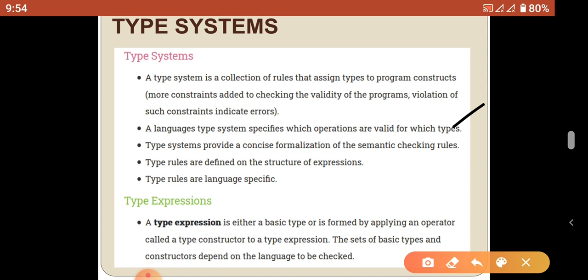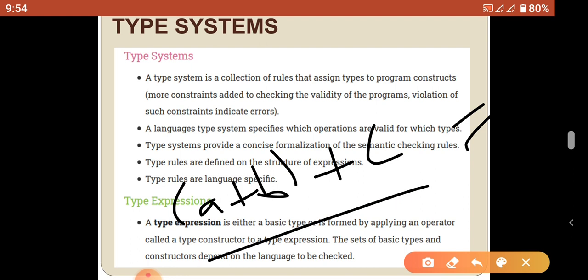And the fourth one, type rules are defined on the structure of the expressions like a plus b plus c. Consider a and b are integer operands. So a plus b produces an integer result.